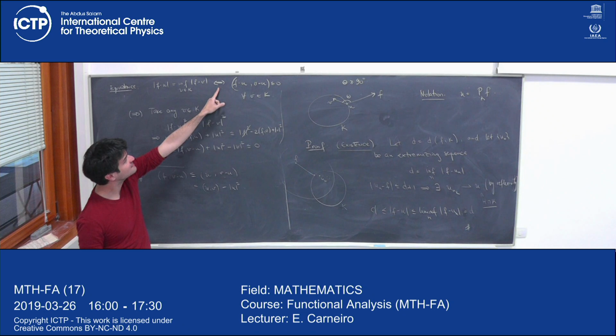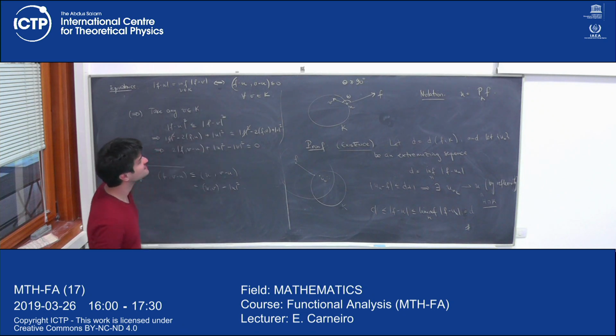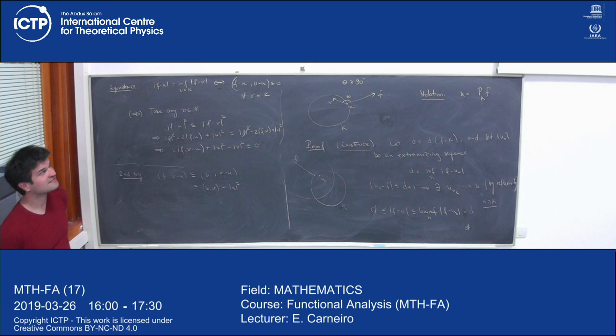Cauchy-Schwarz inequality. See, the inner product of f minus u and v minus u is smaller or equal to 0. It means that f minus u, we can take u, v minus u is equal to f minus u minus f minus v. So the norm squared of f minus u is smaller than the inner product of f minus u and f minus v. We know that the inner product of f minus u and f minus v is just smaller than the norm squared of f minus u and the norm squared of f minus v. But if f minus u is equal to the infimum, so in this case we have to prove this is the equality case of